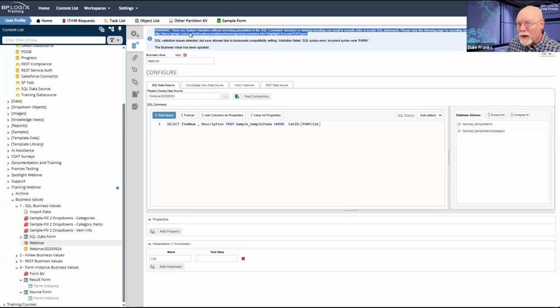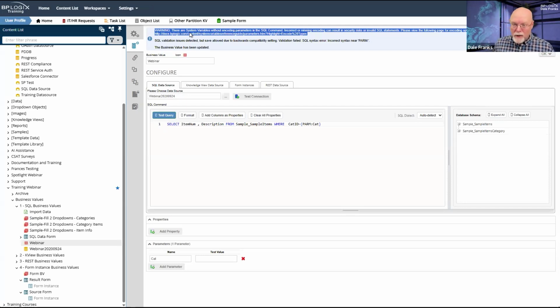So here's what I forgot. Because I'm using a parameter in my SQL, Process Director is going to get real iffy about allowing me to do that without making this parameter SQL safe. So I did not put in my encoding character in my parameter, and I really need to do that. Now, on my system, it will allow me to do that. It will just give me a warning. On your system, it could very well simply not save the business value at all.